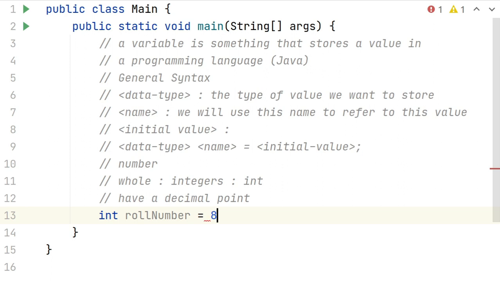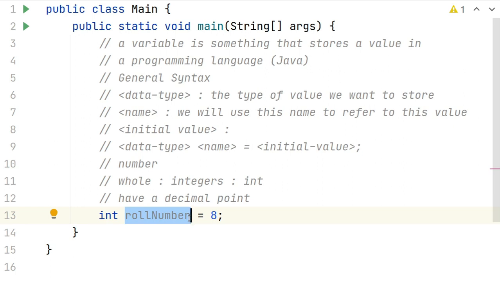class roll number was always it. I don't know how it happened. Was there some black magic at work or something like that, but every time it used to be 8 only. So I have told my computer program that okay, I have an integer value and I am storing this integer value in an integer box or an integer variable, and the name of the box is roll number.